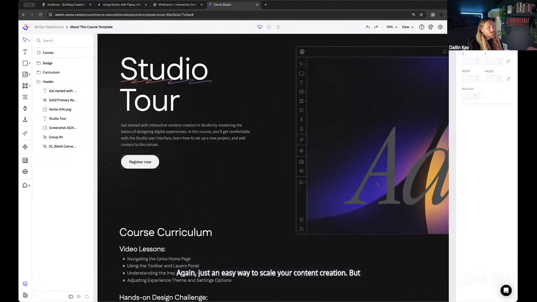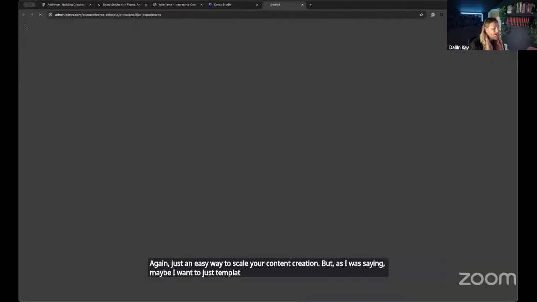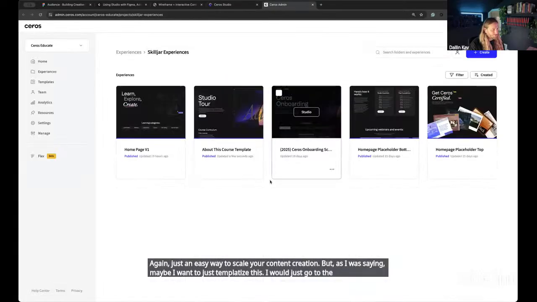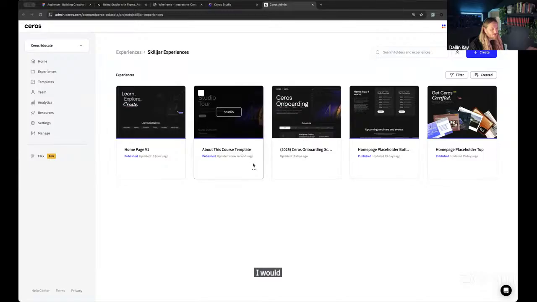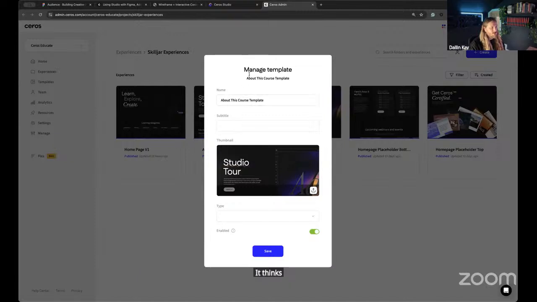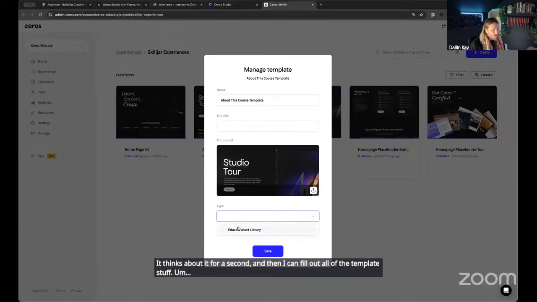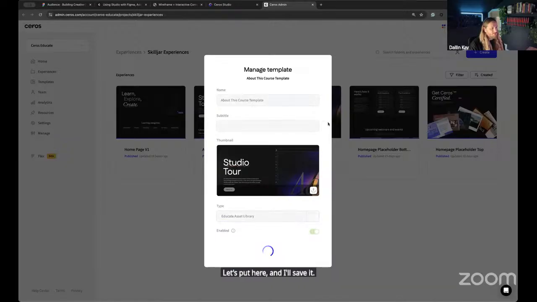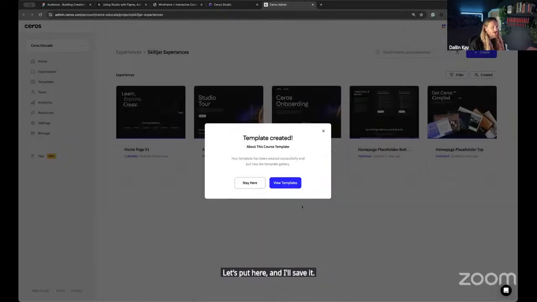But as I was saying, maybe I want to just templatize this. I would just go to the studio admin. I would find the page. Here it is. And from the drop-down menu, I would go to manage and then create template. And I would just push create. It thinks about it for a second, and then I can fill out all of the template stuff. I can put it where I want to put it, and then I save it. I'll just put it here, and I'll save it. And then boom, I can now